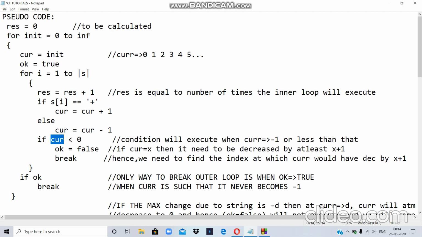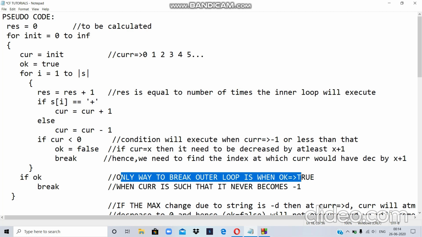If current becomes negative, then OK becomes false, and we break out of this inner loop and go on to the next iteration. So the only way to break out of the outer loop is when OK is equal to true.